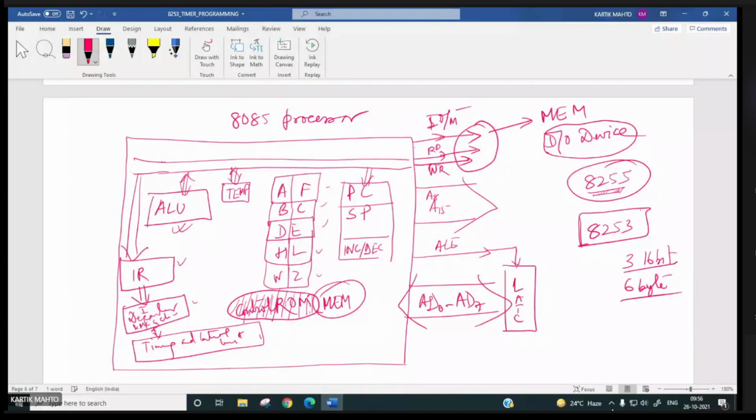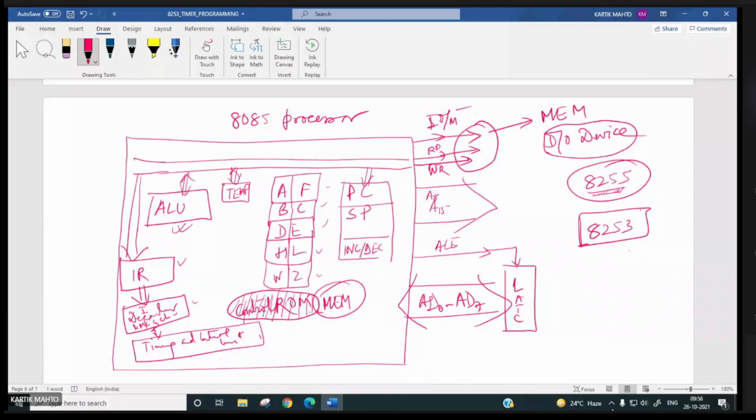And for latching these 3 counters, another 6. One control register, one data register. So here also 6 plus 6, 12, 13, 14, 15, 16. Around 16 to 17 registers are there inside 8253.